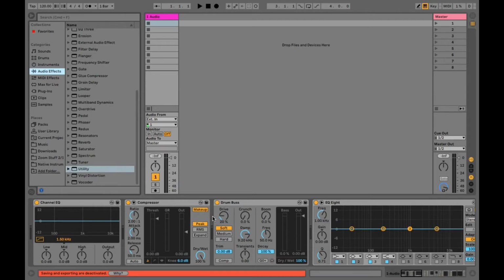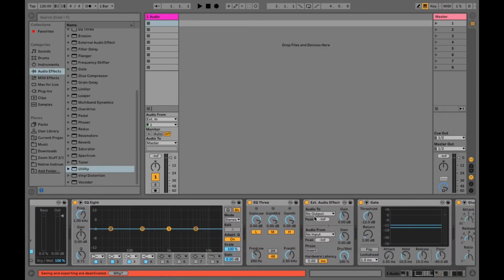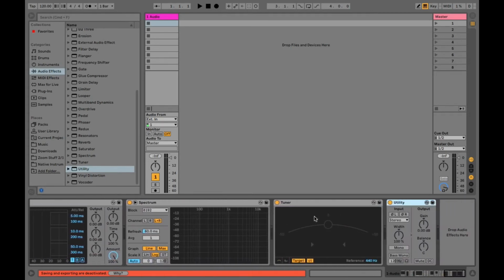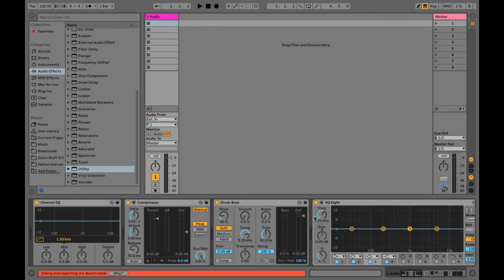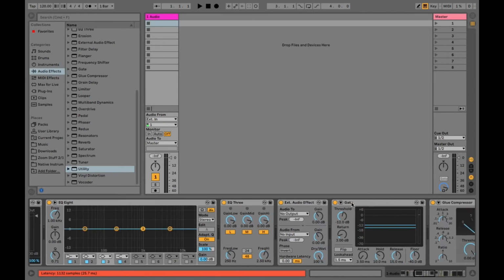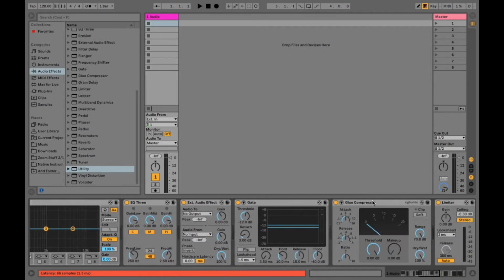And in previous videos when I've said some of the effects you may not be able to tell the difference right away, these are the ones that if you're just fooling around and you don't know what you're doing, you probably won't notice much of a difference, or they're more utility effects that may not change the sound at all, such as the tuner. Anyway, this group includes channel EQ, compressor, drum bus, EQ8, EQ3, external audio effect, gate, glue compressor, limiter,